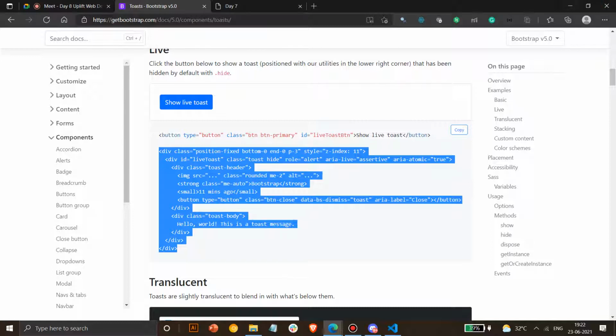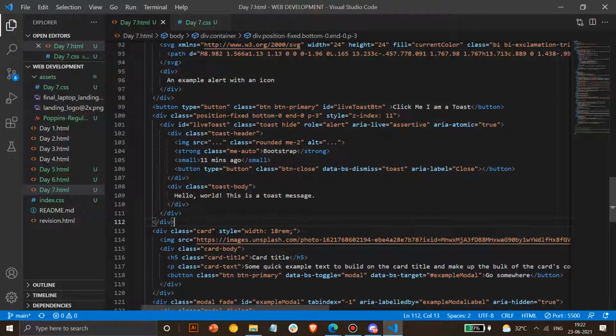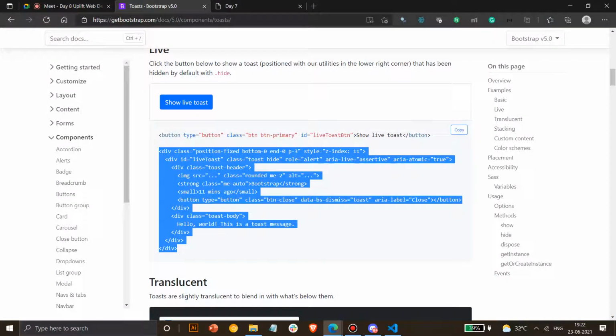Only the things that matter are these IDs and the content present in the div. So you can change that. If you want to add more IDs, you have to just change the ID name and where you are calling that specific ID. That's the only thing you have to change. Other than that, it will work completely fine.